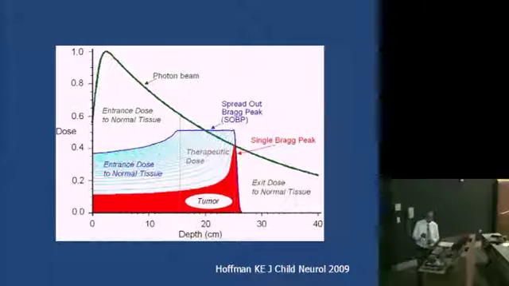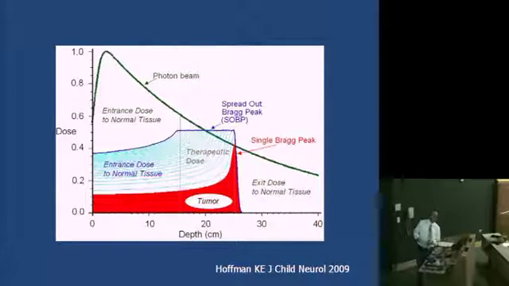Just a brief word about the proton beam. The main difference in the proton beam is, let's say, for example, the tumor is located at a depth of 20 centimeters within the tissue. With a photon beam, usually the maximum amount of energy is deposited depending upon the Dmax, about half to 1 centimeters, and there's an exponential decay of radiation treatment. In the proton beam, you have small amount of energy, and the maximum amount of energy is deposited where the tumor is located. So you are able to save some normal tissues here as well as some normal tissues here.